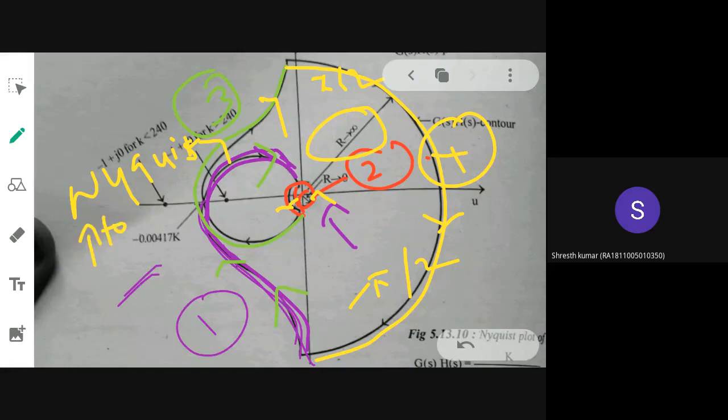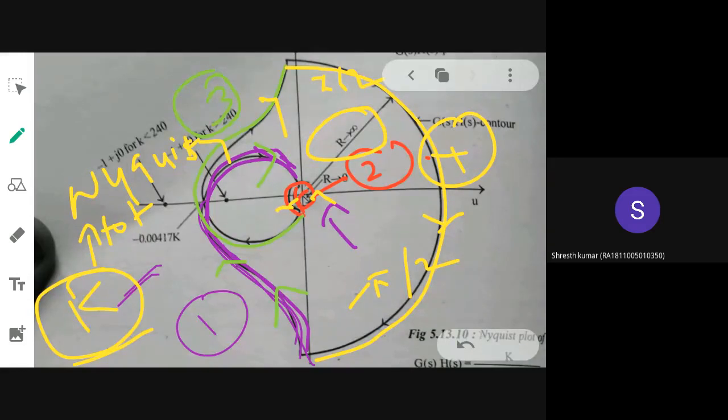Next thing is I need to determine within which range of K the system will be stable. What can you tell about the open loop system? What can you tell about the closed loop system? This is done for a closed loop system. You know that by observing the characteristic equation, the location of roots on the S-plane, you will be able to easily determine whether the system is stable or unstable. If some roots are located in the right half, directly you can say that the system is unstable. If all the roots are located in the left half, then the system will be stable. That's the case. So from that discussion you can observe whether the open loop system will be stable or unstable.